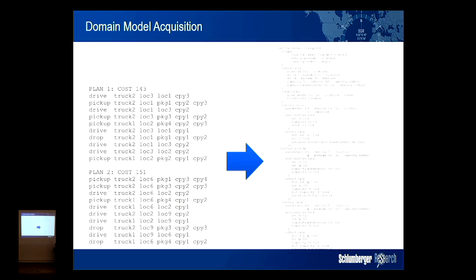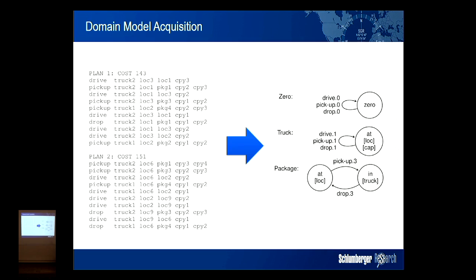So we can see the plans on the left-hand side. And notice that in these plans, we've also got the final cost of the whole plan. Okay, so the extra clue that we give to N-Lockham in order to find the action costs as well as the domain structure is this final cost of the plan, because we need some kind of evidence of what the plan costs.